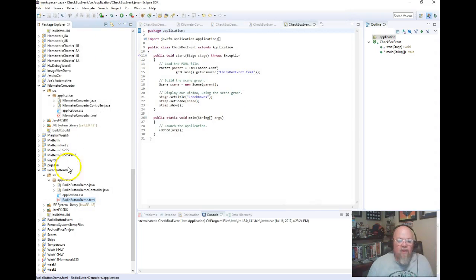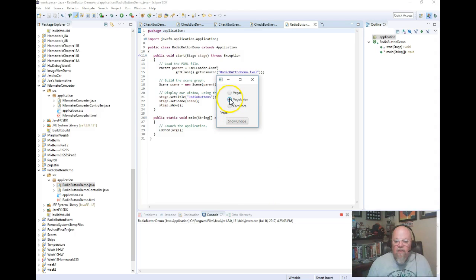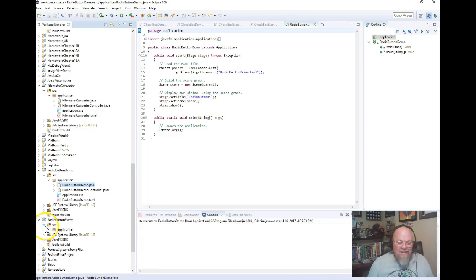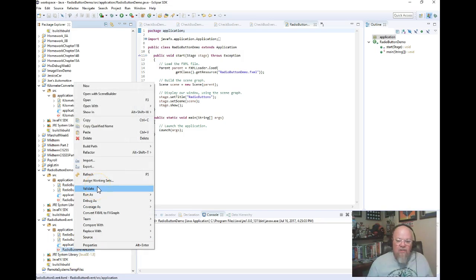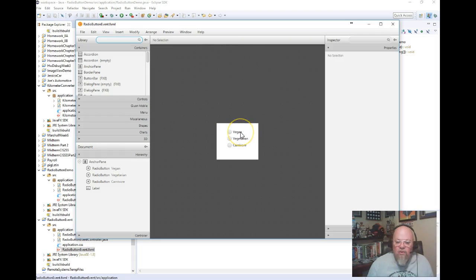So I click on the run button. When I click show choice, it says vegan. Click on that, vegetarian. Click on that, carnivore. And we can do the same exact thing. We can use what's called a radio button event. So it's the same exact code, except the radio buttons themselves are tied to